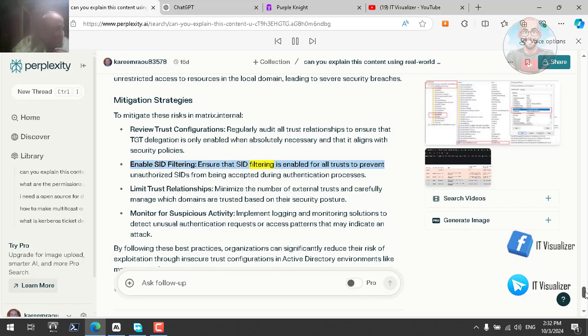Ensure that SID filtering is enabled for all trusts to prevent unauthorized SIDs from being accepted during authentication processes. Limit trust relationships. Minimize the number of external trusts and carefully manage which domains are trusted based on their security posture. Monitor for suspicious activity. Implement logging and monitoring solutions to detect unusual authentication requests or access patterns that may indicate an attack. By following these best practices, organizations can significantly reduce their risk of exploitation through insecure trust configurations in Active Directory